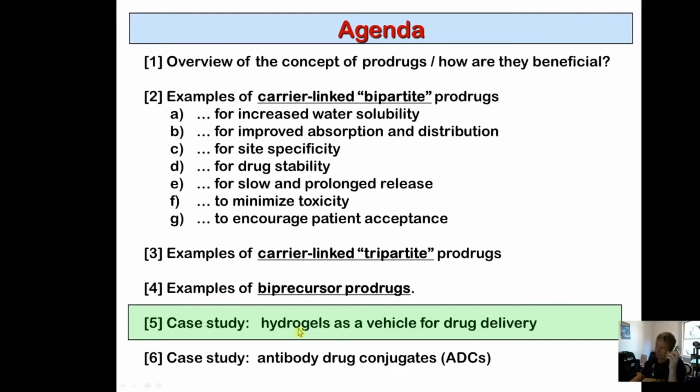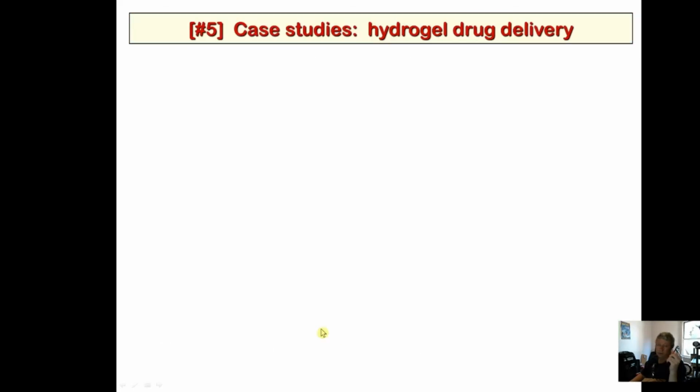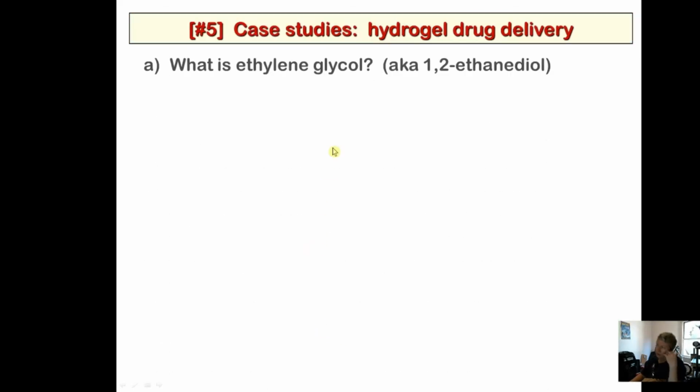Okay, so let's talk about what a hydrogel is and some of the methods that these can be used to deliver drugs. First of all, we need to talk about how drugs are linked, or conjugated, to a protein or a macromolecule. And I realize that you may not have learned this before, so let's first talk about